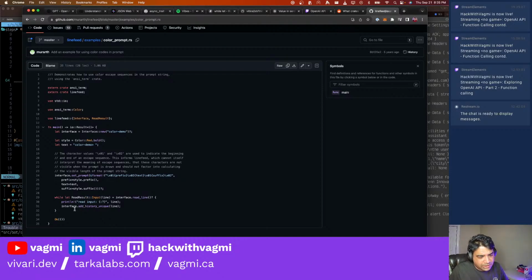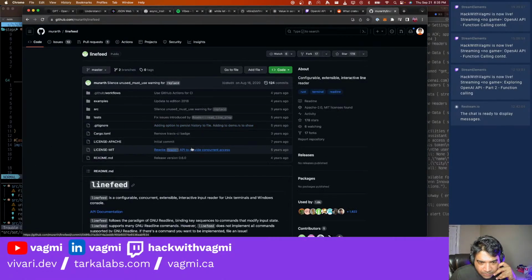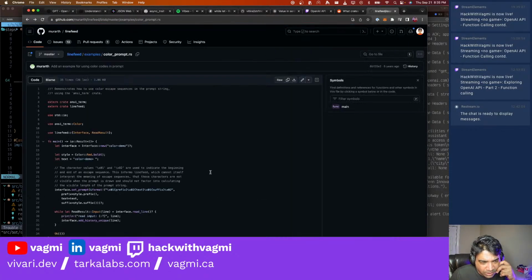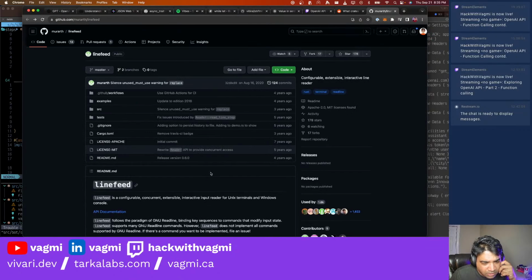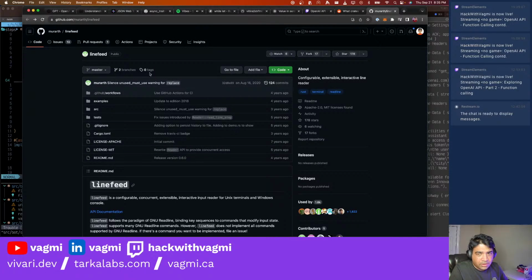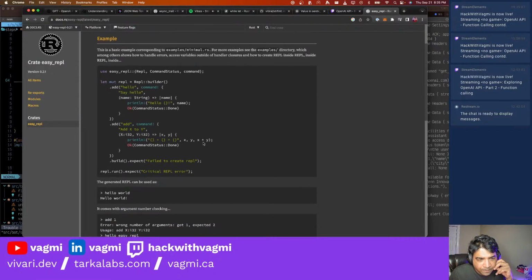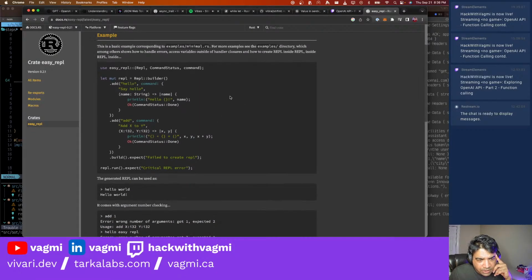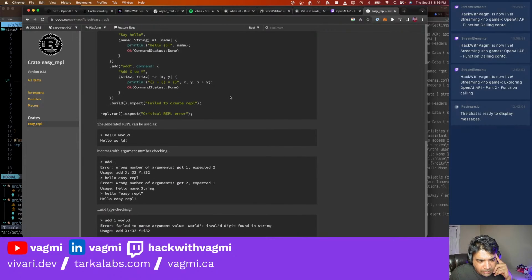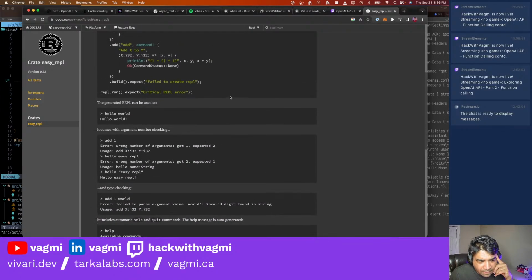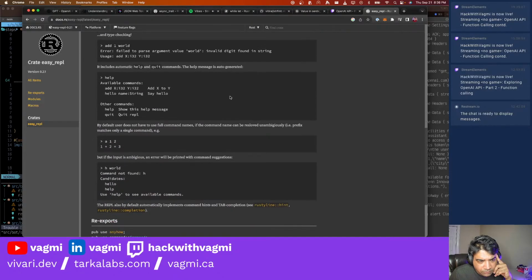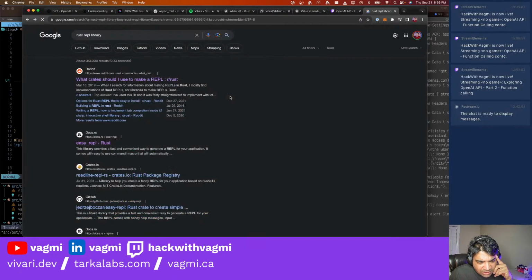Let's see if this works. So I'm going to do this ANSI term and this thing. So when was the last time? Three years, five years ago. Oh my god, this seems old. There was easy REPL before I got to this. Let's see. So is it REPL builder? Hello, say hello, add whatever. Yeah, this seems